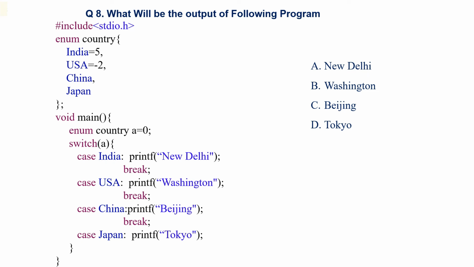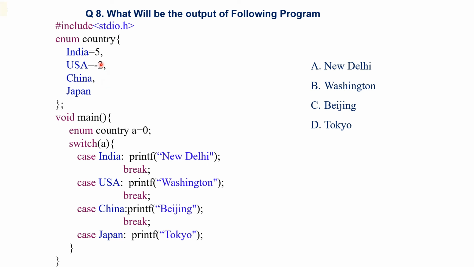So here in this program, an enumerated data type country is defined, and whose constant values are as follows. The first constant is India, which is equivalent to integer value 5. Similarly, the next constant is USA, which is equivalent to value -2, and the other two constants are China and Japan. As no values are initialized with these two constants, they are automatically initialized with the value incremented by 1